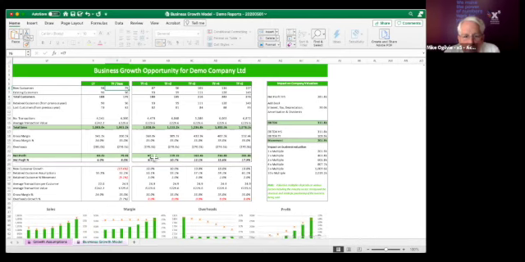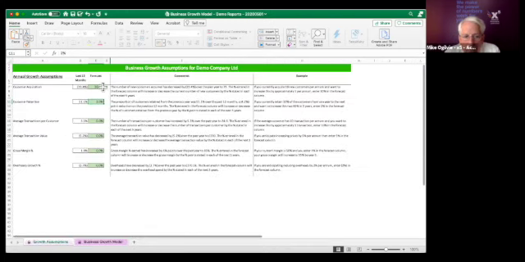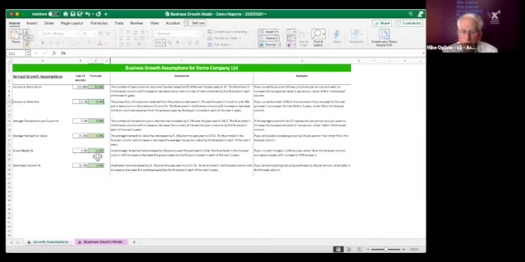Suddenly, our profit, instead of 57, is 281,000 in year 5. But you'll see a gradual increase just by changing those two variables. By saying we're going to improve our customer acquisition by 10%, and we're going to improve our customer retention by 2%. We could play with the average number of transactions the customer spends, average transaction value, look at our gross margin, and look at our overheads. So these are the variables that we need to be looking at in our business.